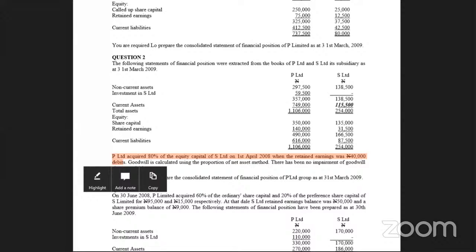And even if you are told proportionate of net assets, and the examiner requires the full goodwill method, please class note, it is assumed that the non-controlling interest paid for his own at fair value equal to cost. And that is what you are going to see us do, because if you look at the question, there's no value telling us that the NCI paid any amount. So class,